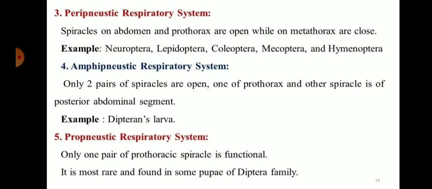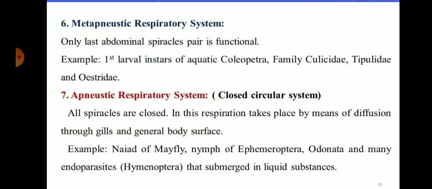Now the oligonucleated tracheal system. It represents a partial open tracheal system. It is further divided into three subtypes. The amphinucleated tracheal system, in which only 2 pairs of spiracles, first thoracic and last abdominal, are functional, as found in the larva of Diptera. Then the metanucleated tracheal system is that where only a single pair of spiracles, the last abdominal, is functional,